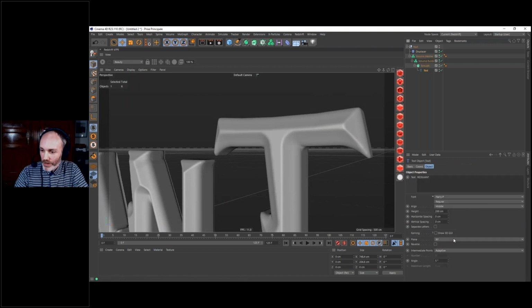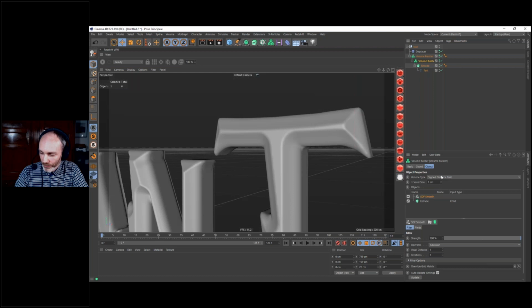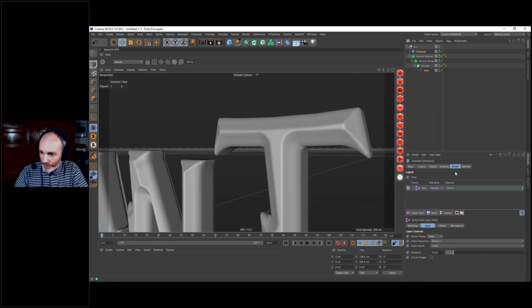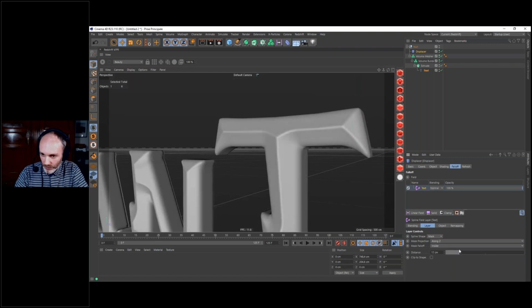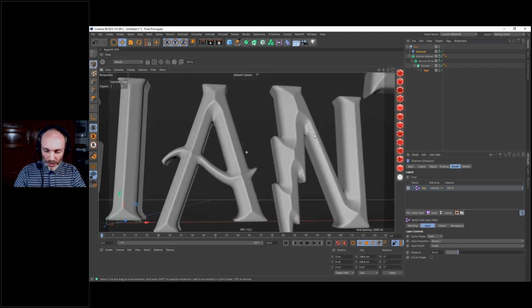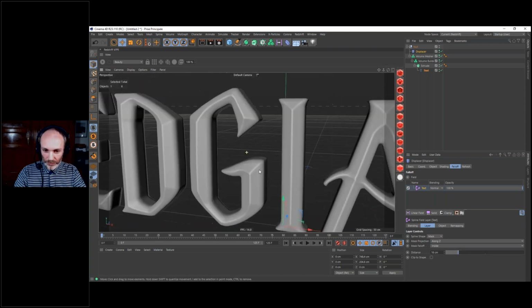So now, if you want to change that on the displacer, on the falloff here, the text, we can increase the distance. And I want to increase it until we have no more flat area. And that's it.